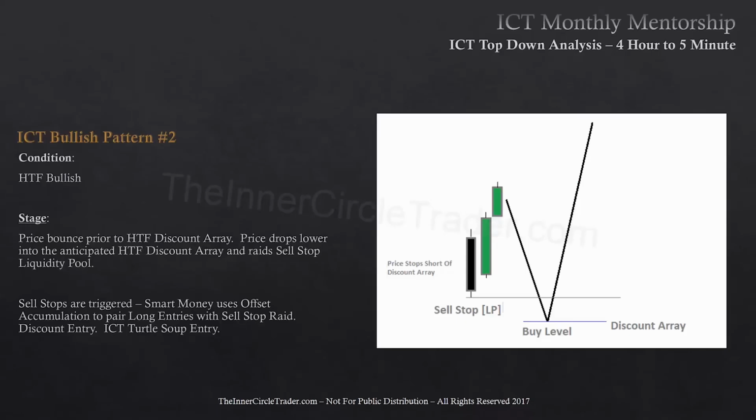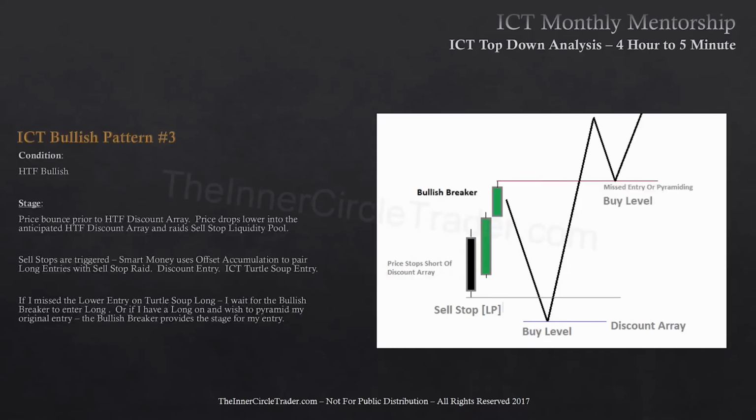I buy down there at the discounted rate because now I have a better feeling that price should rally, because it's taken out stops. It went to my logical discount array, and this is turtle soup. And the bullish pattern number 3, which is basically the same pattern I just showed you, but in the event that I did not get that entry down there on the turtle soup,